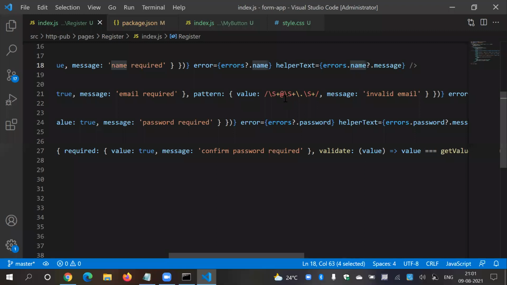Regular expressions means, if you remember the DFA, deterministic finite automata concepts, we pass an input string to this grammar. If it goes to the final state, this means success. If it goes to a dead state, this means rejected. Same way, whatever text we have in that text box, if we compile that input text with this grammar, if it goes to the final state, this means it is valid, otherwise it will show an error.